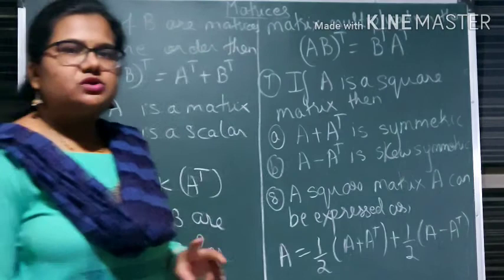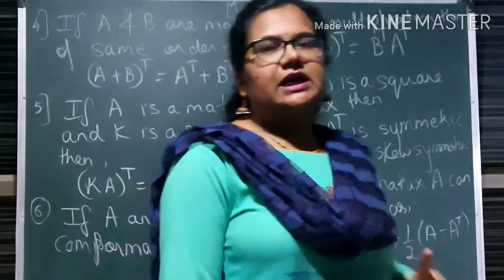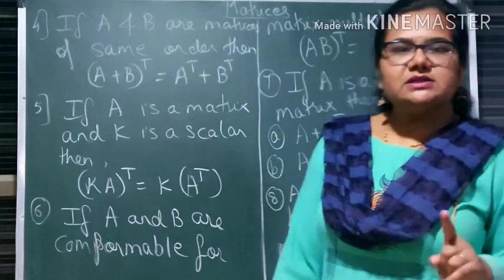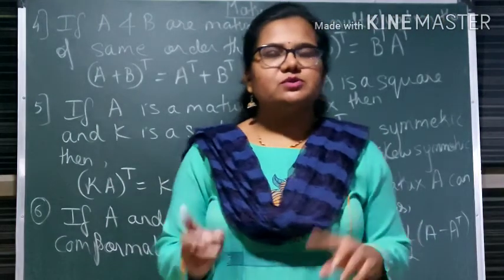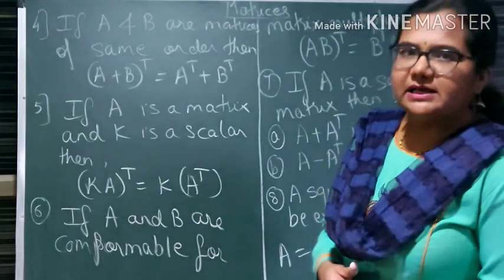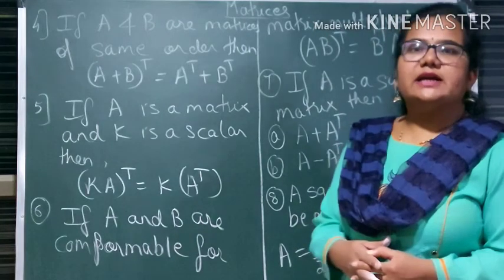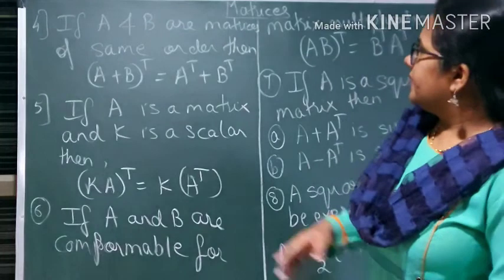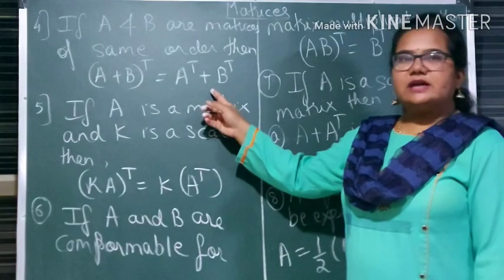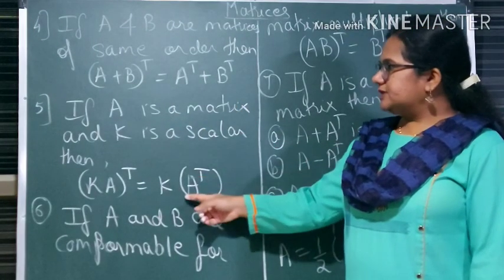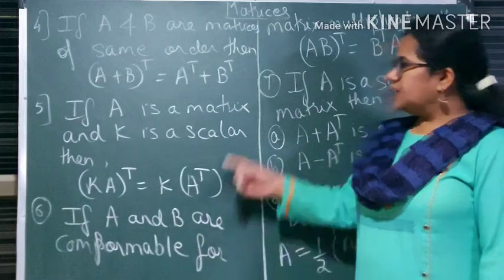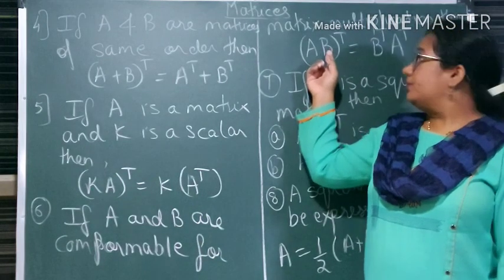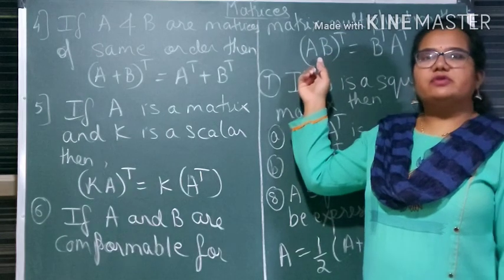If you take the transpose two times, you are going to get the same matrix A again. Then the second property was, if A is a symmetric matrix, then A transpose is equal to A. If A is a skew symmetric matrix, then A transpose will be equal to minus of A. Then the fourth property, addition and transpose are commutative. Then the scalar multiple you can separate. Then this property is important. We will solve an example and we can prove this property later in the video.